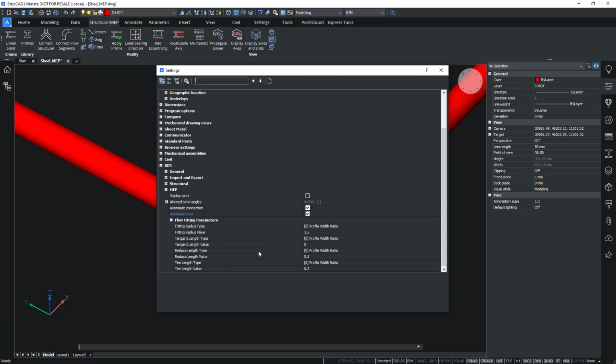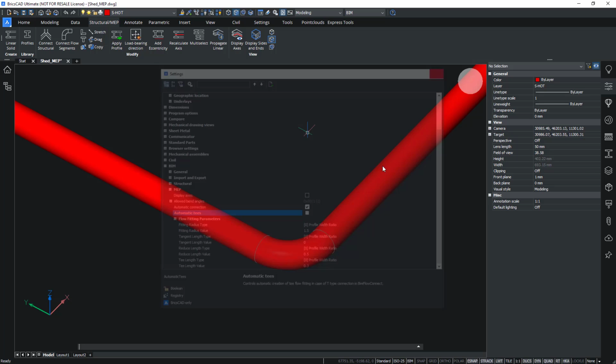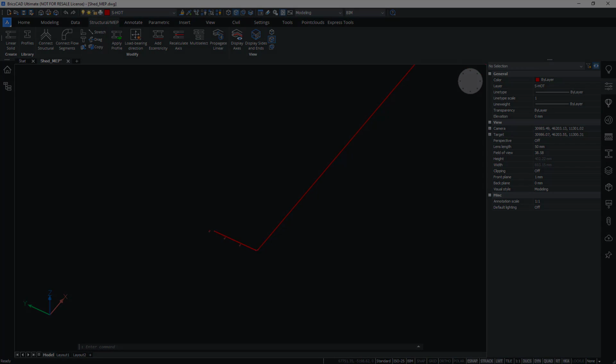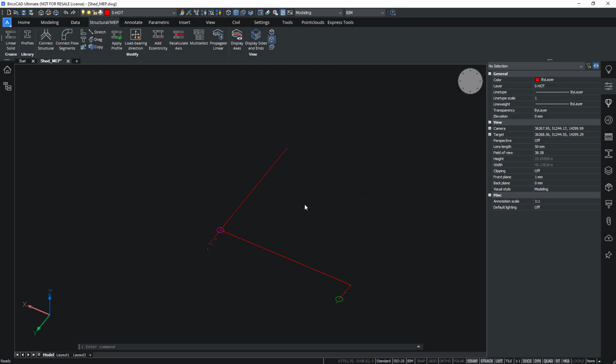There are some flow fitting parameters such as the fitting radius, tangent length, reducer length, and T length. So those are the two basic ways of creating a linear solid.